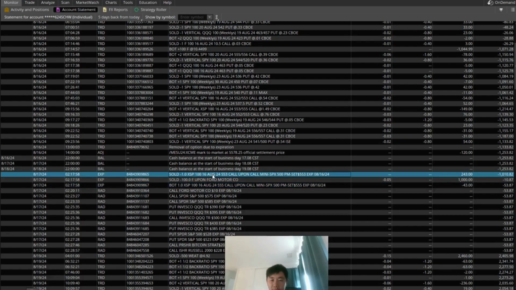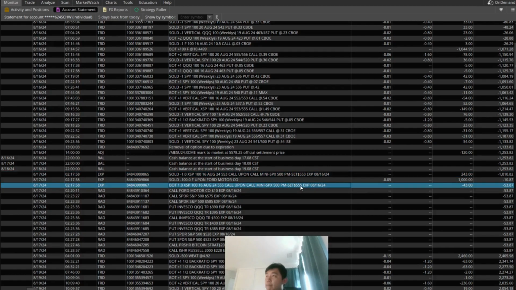So I bought a call vertical, which is really just a long call at 553 and a short call at 555. And when it exercised, you see that it resolved the difference between the actual price of XSP, which is apparently